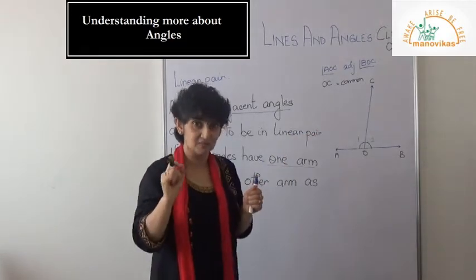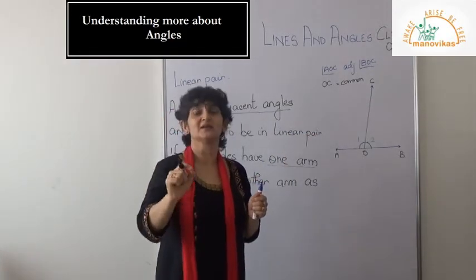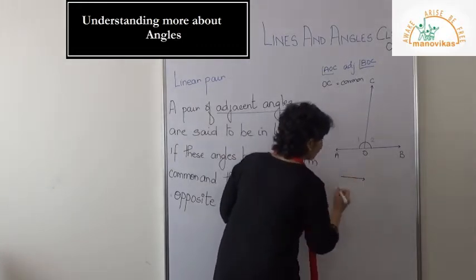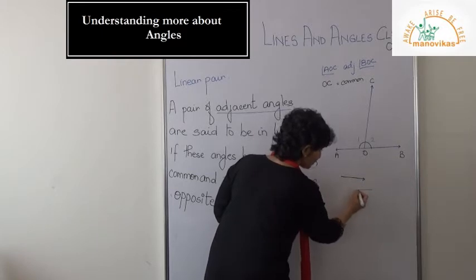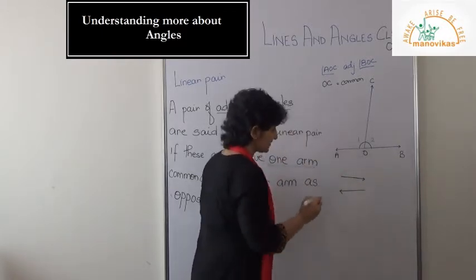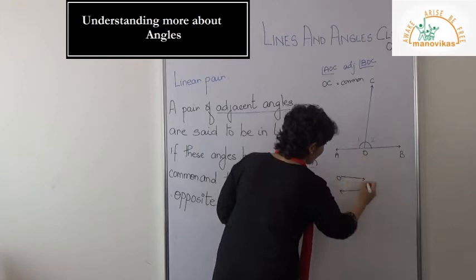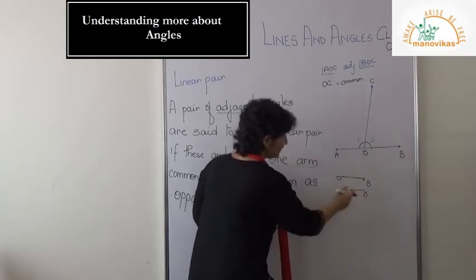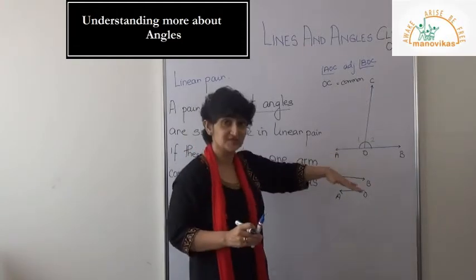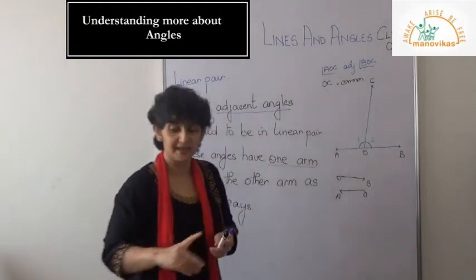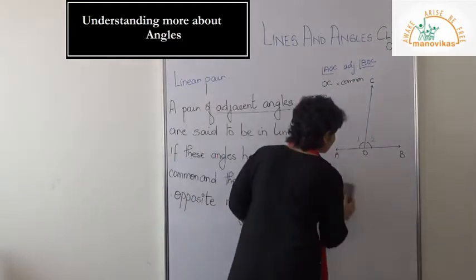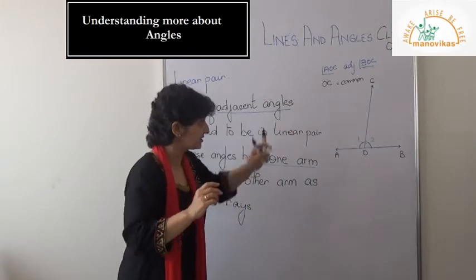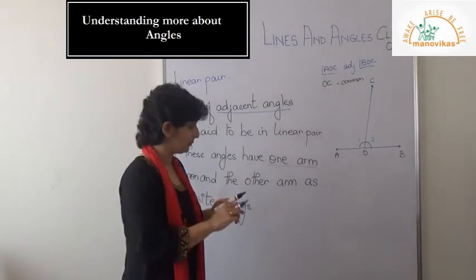You know what rays mean, right? We have already learned last year, in 6th. You have the initial point and it can go in one direction. Either it can go this way or it will go this way. Like here, I have OB and this side I have OA. These are two rays or the two arms. So when can you say two angles are a linear pair? How can I say that these two angles are a linear pair?